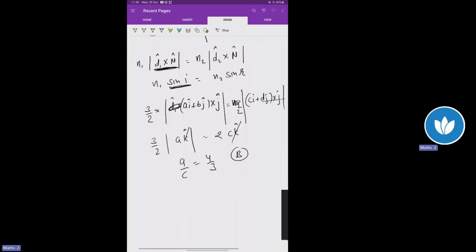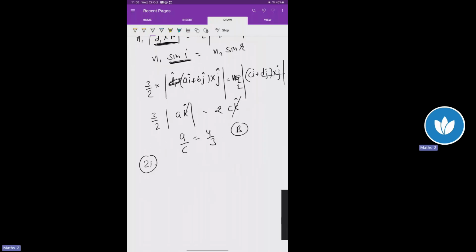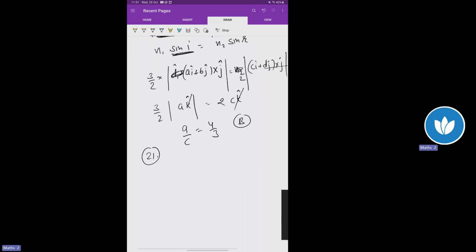Question number 21. A thin prism of angle 6 degree and refractive index for yellow light 1.5 is combined with another prism of angle 5 degree and NY is 1.55. The combination produces no dispersion. The net average deviation produced by the combination is 1 by x. The value of x is,